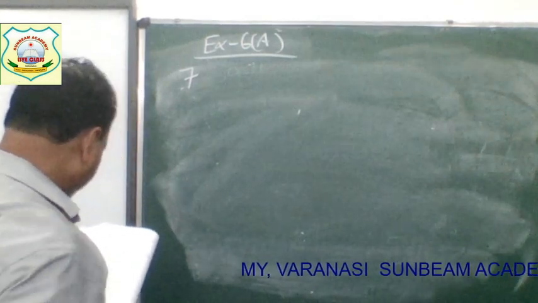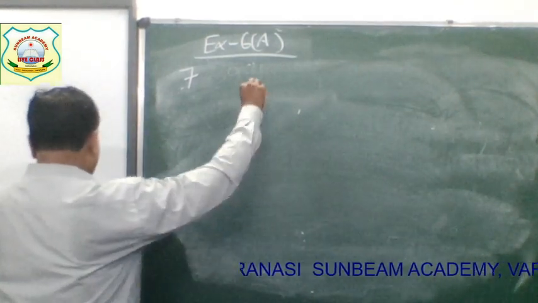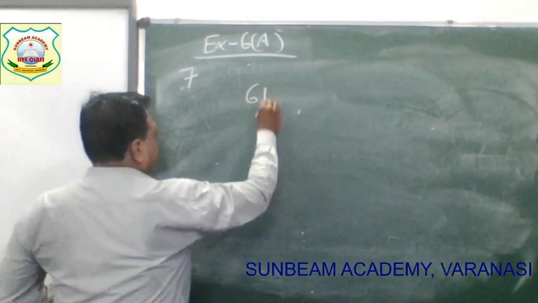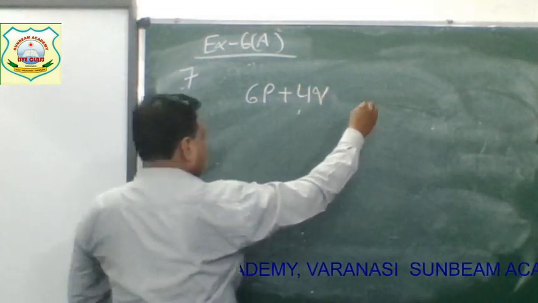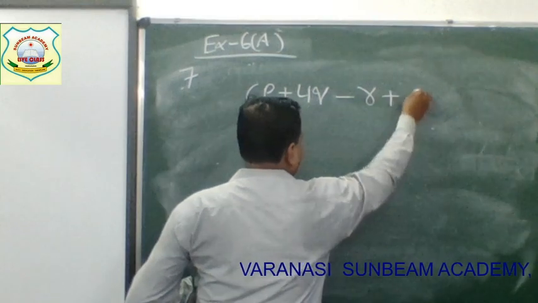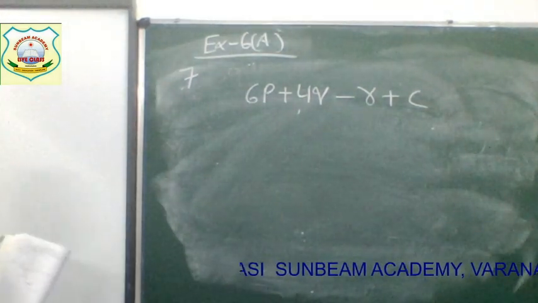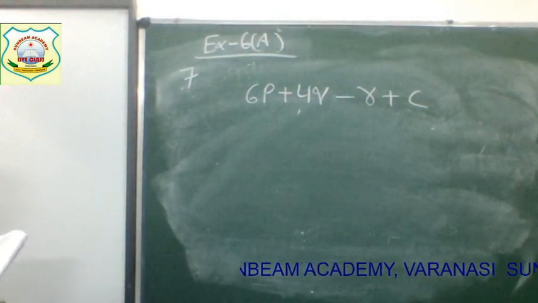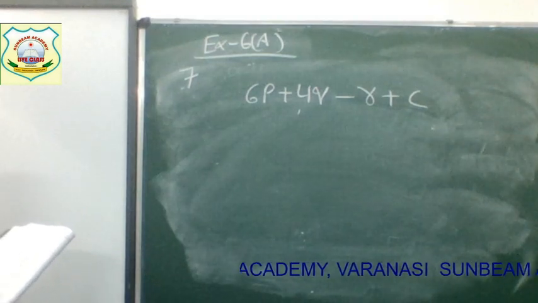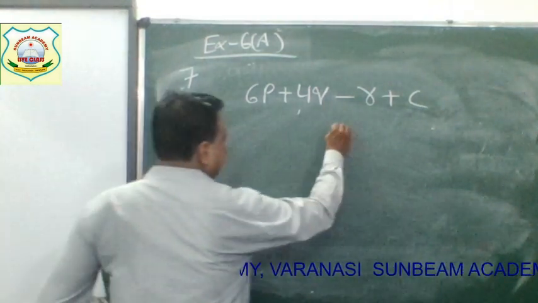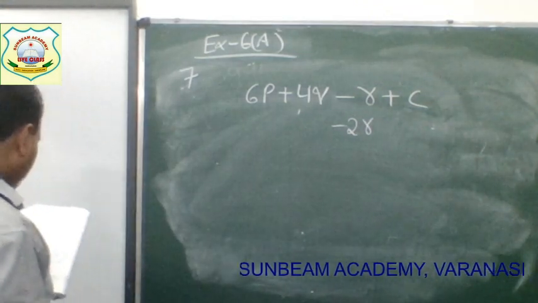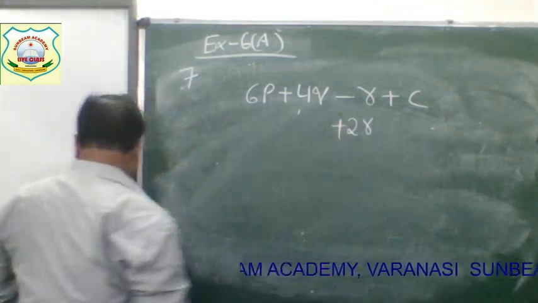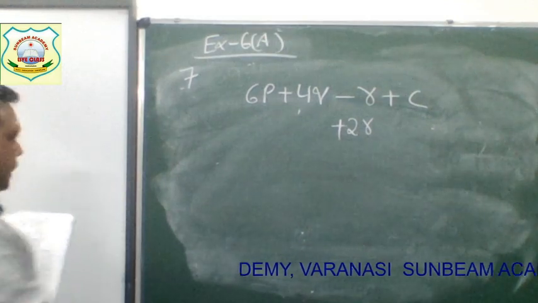Question number 7: 6p plus 4q minus r plus 3. This is the sequence order. Regarding this sequence, you will write the expressions. Next expression starts from 2r, plus 2r, minus 5p,